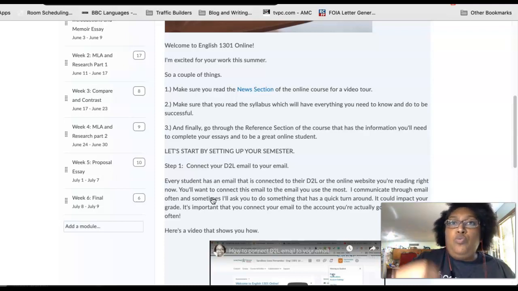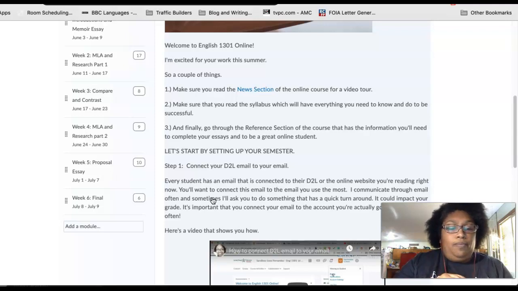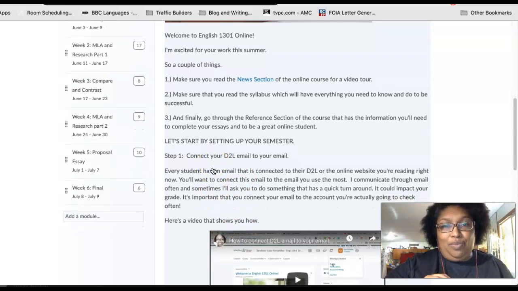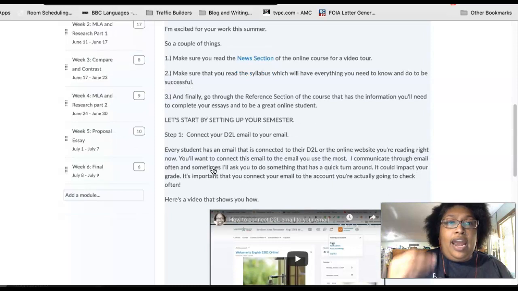So whenever you do an announcement, they have it on their phone and they know, oh, my professor just sent something, I need to read it. It doesn't do that with email, which I think is really weird. I thought it did, but it doesn't. So Brightspace, maybe you can work that out. So yeah, the news section here is important, and I have them tell that, and I also have them